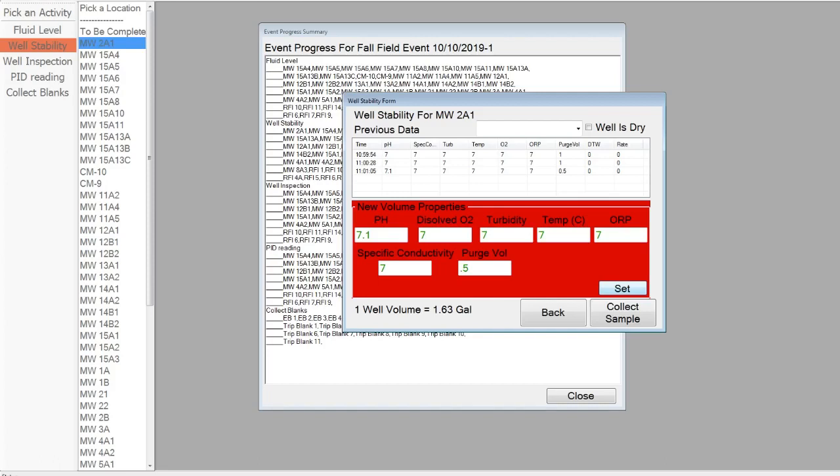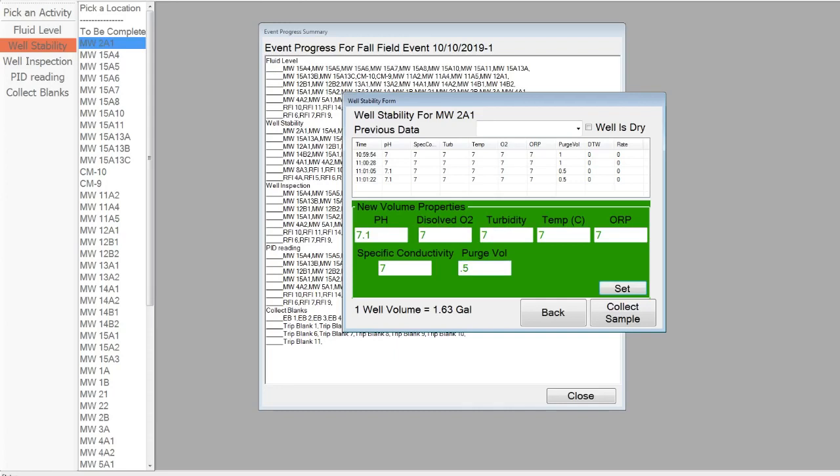I bet you, since we got really close on everything, basically used the same, we'll probably be stable on this one. Green. It has now said that it is stable. We are able to collect the sample. Sometimes this will take 7 measurements, 5 measurements, 6 measurements. After you do one full well volume,